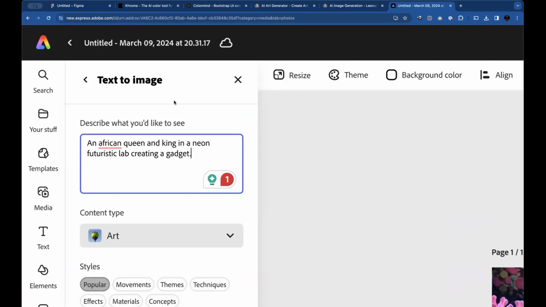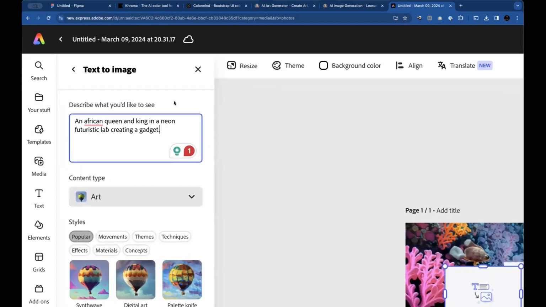Leonardo, you have to pay for it to be able to keep on using it forever. This Adobe Express that I've given us is free. And if you notice, the same is what I did with Chroma and Color Mind. Those are free to use. There are so many AI tools, but some of the advanced ones you have to pay for. But there are also free tools that are still very good, like Adobe Express. There's also DALL-E. We all know ChatGPT; they have their own version of DALL-E. There's also a paid version.